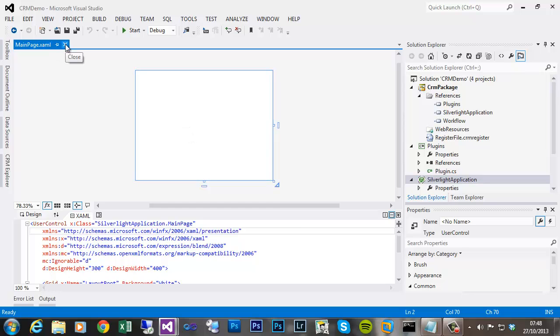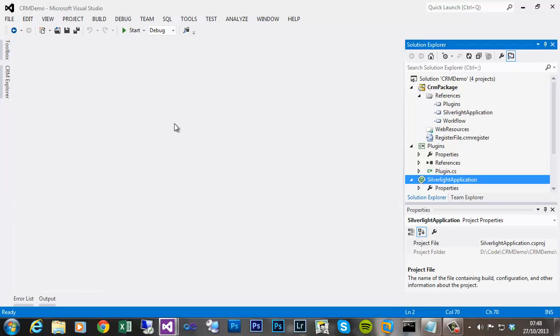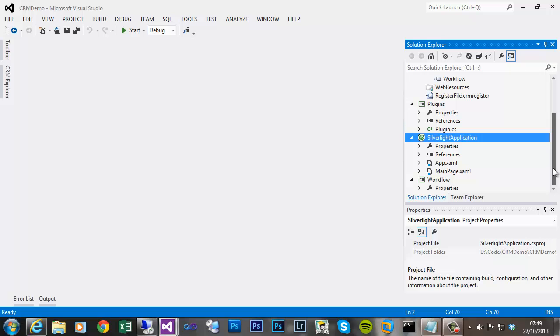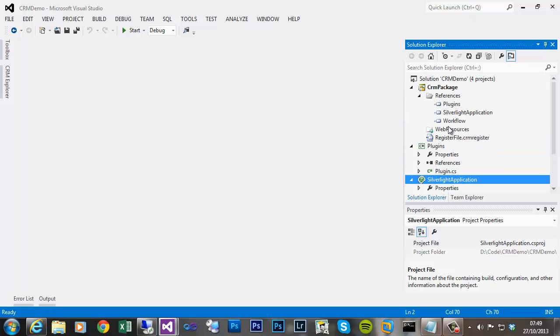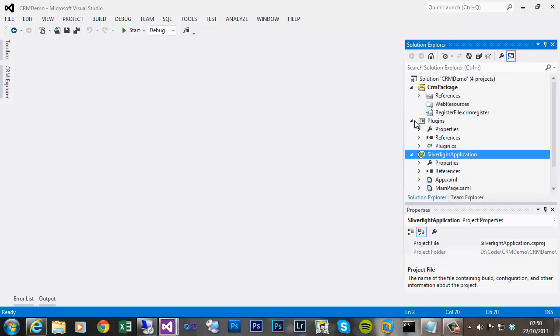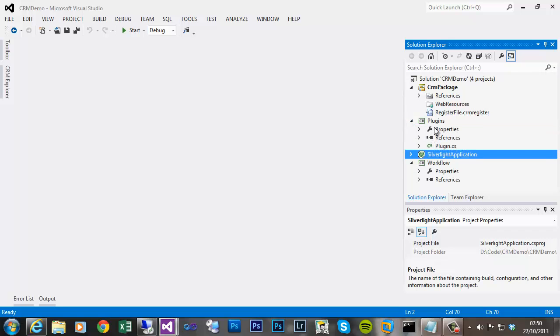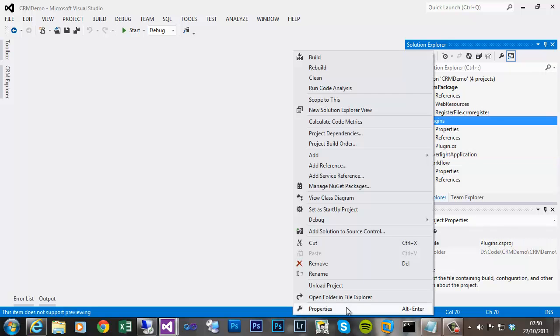Okay, so that's now the Silverlight component, which I can close. I'm not interested in that. Okay, so now we've got the empty solution, which contains 3 projects: the package itself, the plugins project, a Silverlight project, and a workflow project. It's important to note that before you can deploy this solution, you need to strongly sign both the workflow assembly and the plugins assembly. So if I right click on plugins,